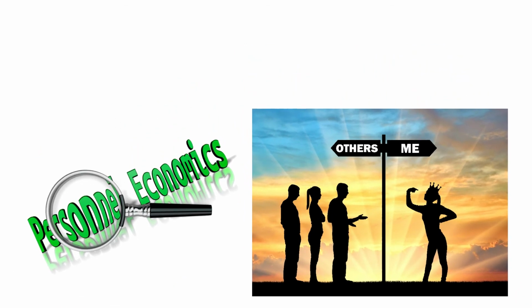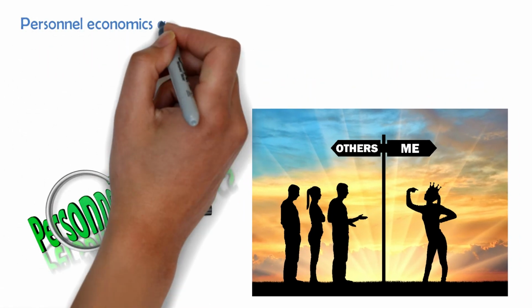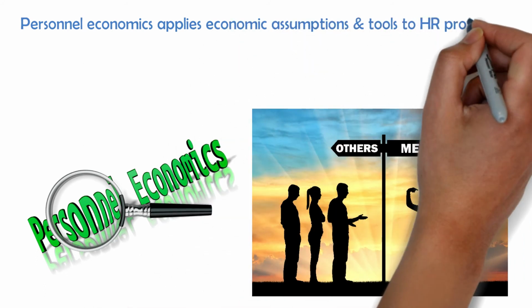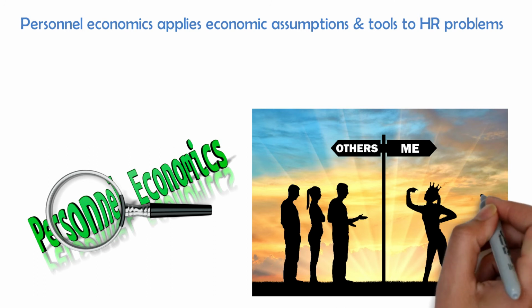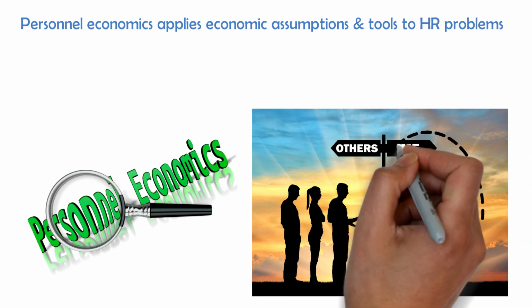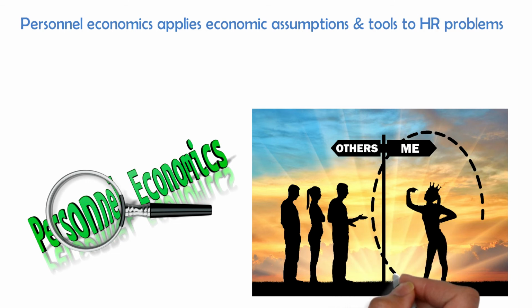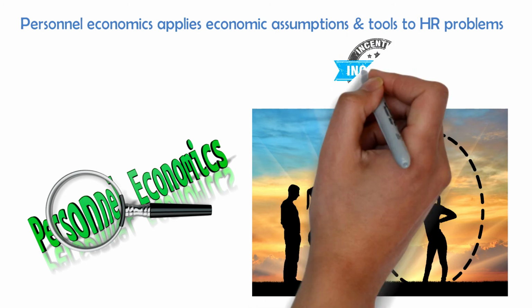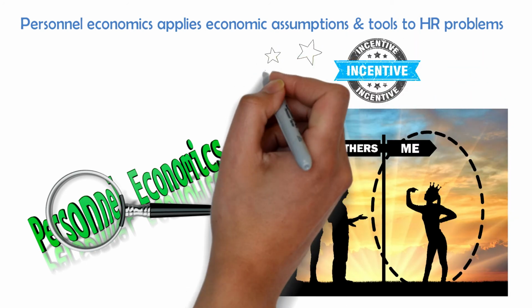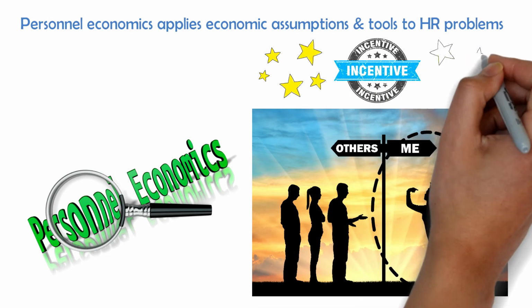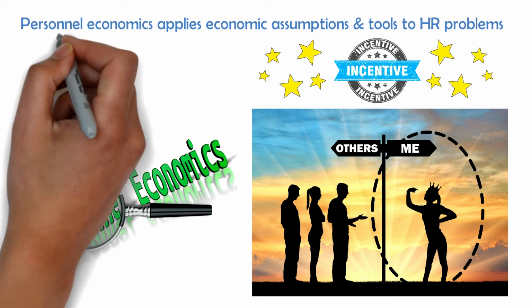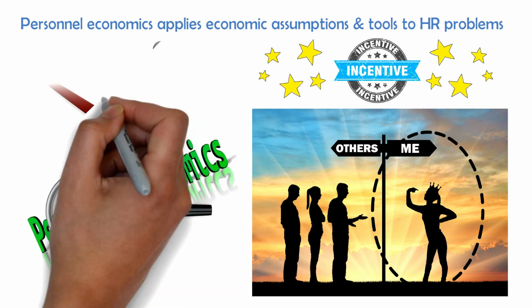Bus bunching then illustrates the type of questions and approach taken in personnel economics. At the most general level, personnel economics applies economic assumptions and tools to human resources problems. More specifically, a particular focus is predicting and analyzing how self-interested workers behave in reaction to various HR policies. That is, what incentives does an HR policy contain, and how might we expect workers to respond to these incentives? And then armed with that understanding, personnel economics can help design optimal HR policies that promote organizational goals when workers are self-interested and motivated by money.